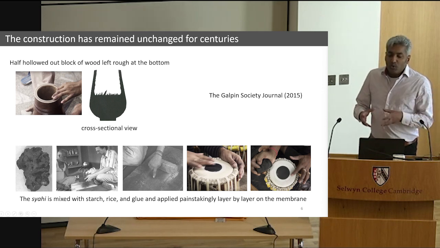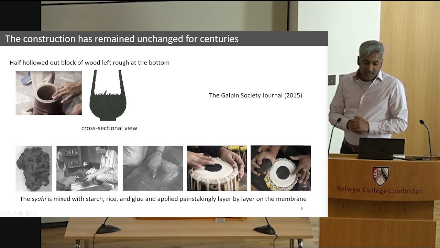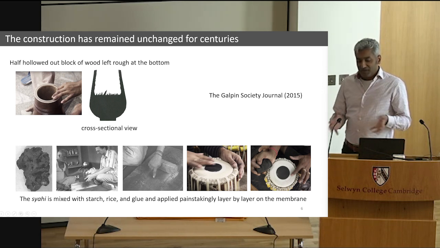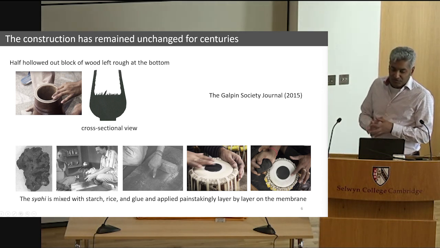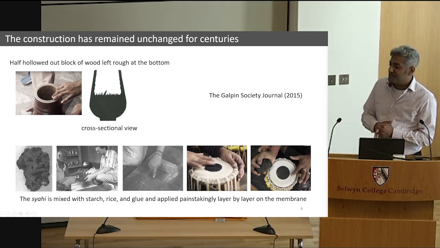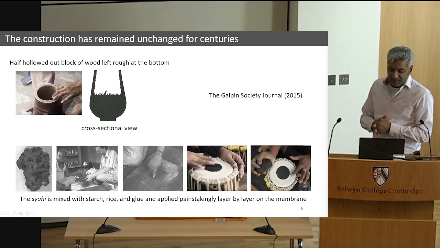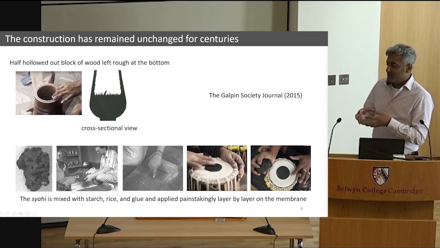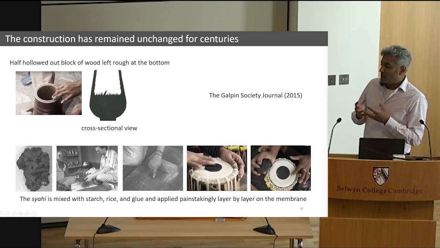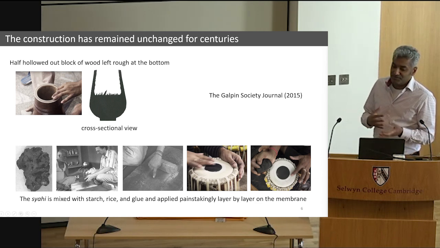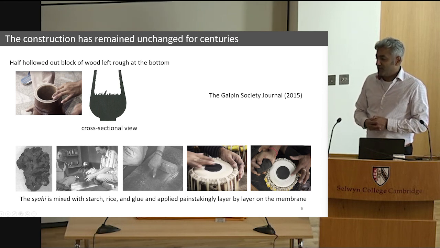Now, what this black loaded region is really is something that's not divulged by tabla makers. There are people who've gone to India and done research studies on what this is, and they've figured out that this is a bit of rock from a quarry close to the home of tabla makers. It could have a bit of starch in there, a bit of glue, some sort of magnetic material as well. So you have a lot of these mixtures that go into the density of this material. And the tabla makers never divulge what they're putting on there, because that compromises, of course, the sellability of their tabla if someone were to replicate their recipes here.